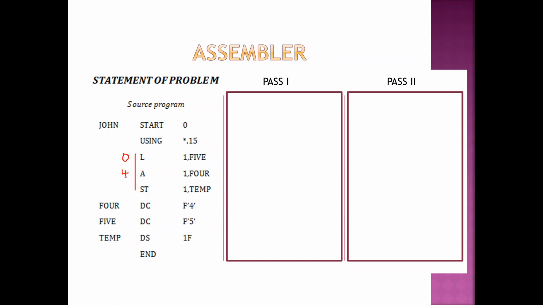So this is the program we have, right? Load, add and store. What is this program doing? You will understand this program, I don't have to explain it to you. Load 1 comma 5. There is a symbol 5, so the contents of this symbol 5 have to be loaded into register 1. In the add instruction, the contents of register 1 have to be added with the contents of the symbol 4, or the variable 4. You're going to add register 1 plus variable 4. After adding, the sum is going to be present in register 1 only. So I'm going to store that sum into a variable called TEMP.